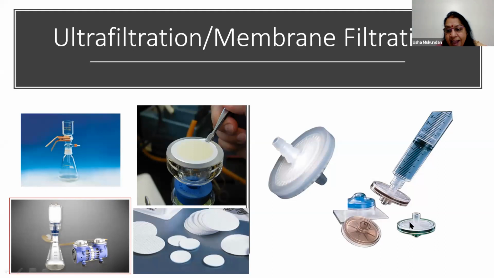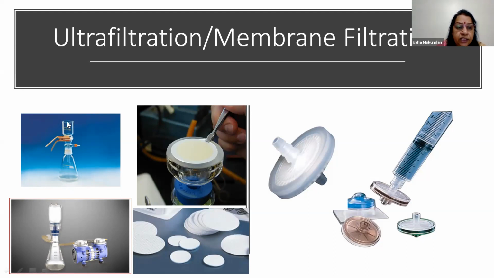And these are cassettes in which there are membranes. So these membranes are made up of different materials. They can be cellulose acetate, they can be nylon, they can be Teflon, depending on what you are trying to filter sterilize. You can also filter sterilize, especially if you have animal cell culture where most of the media constituents are thermolabile. Then you use an ultrafiltration unit.